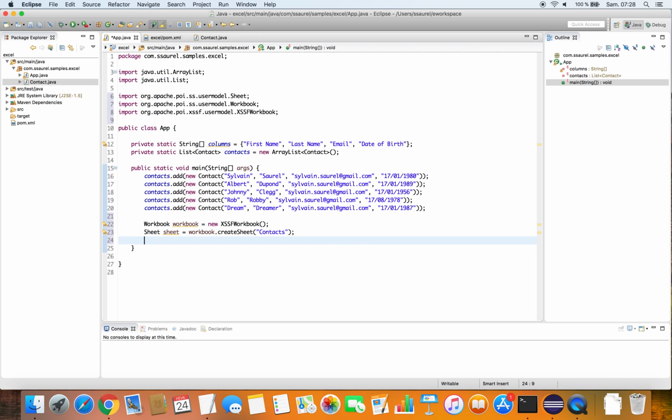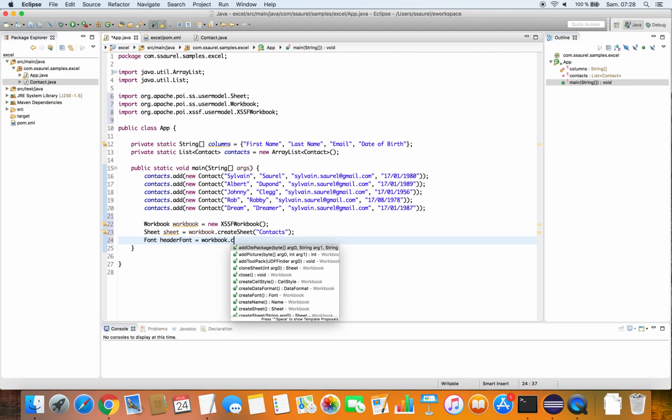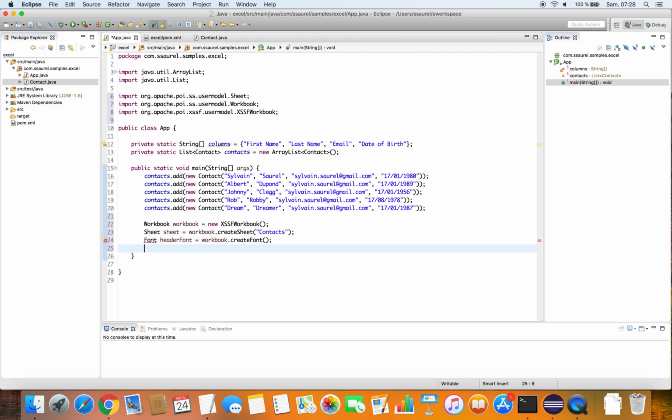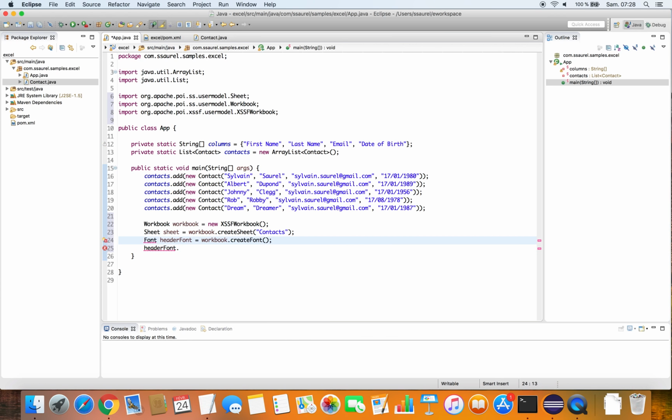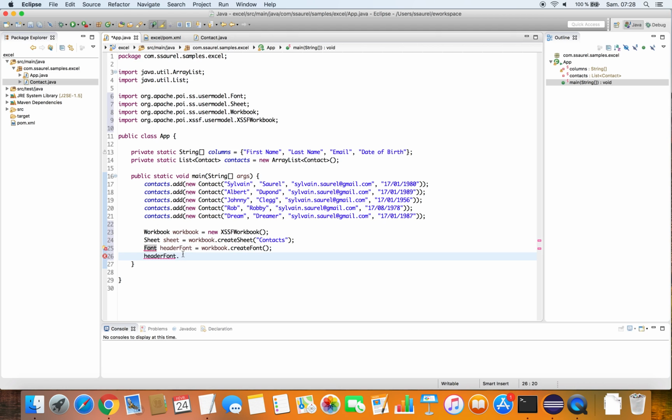Then we need to create a font for styling header cells. We use the createFont method of the workbook instance. We define a bold weight, then the font height in points.